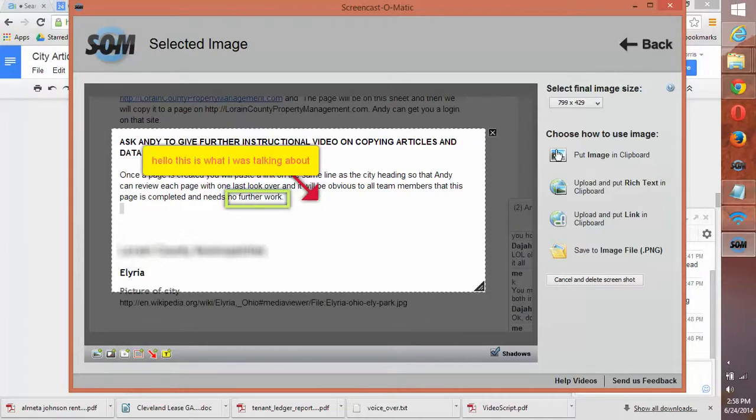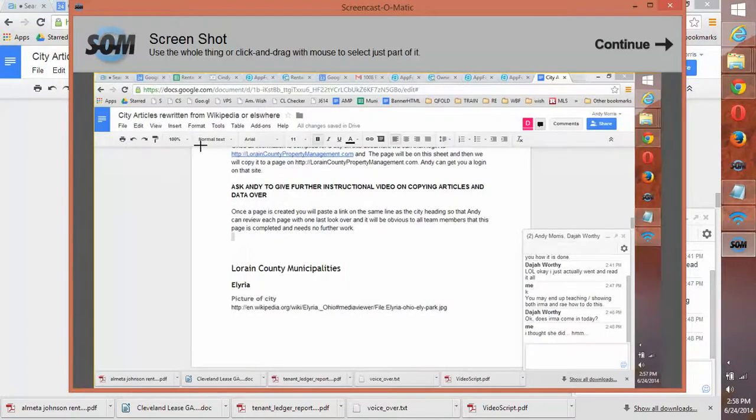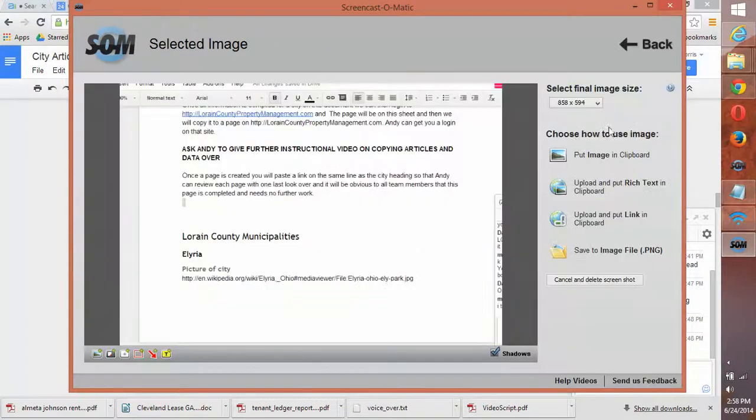Once you've marked up your picture, or even if you don't want to mark it up at all, you can go back here, and then it's reset. You can then either copy it as an image to the clipboard or upload it to rich text. You can submit it as a link or save to the image file on your hard drive. So rich text and the image are what you use most when you're emailing things or pasting them into Google